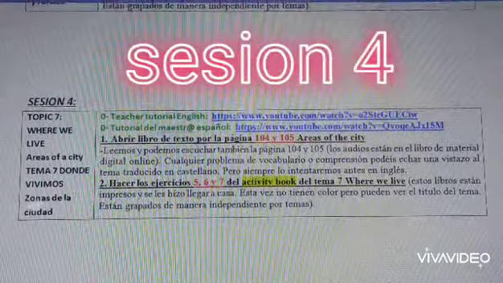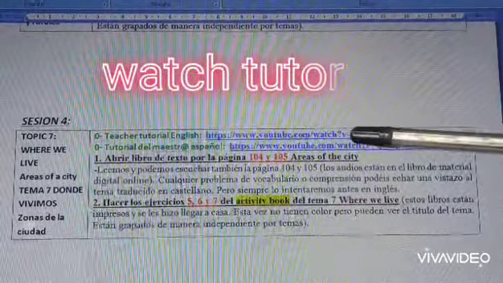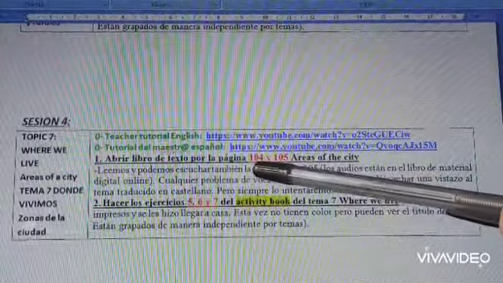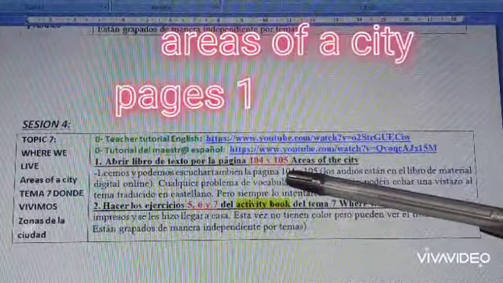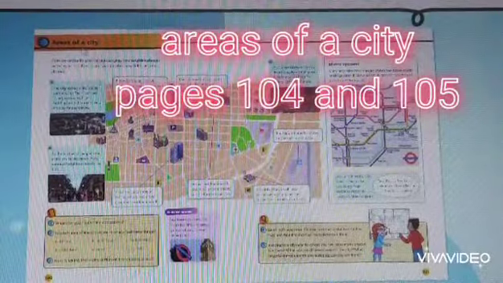We are in the last session, number 4, social science. Today you are going to listen and watch the videos in English and in Spanish. You are going to open your social book on pages 104 and 105 about areas of the city. As you see,